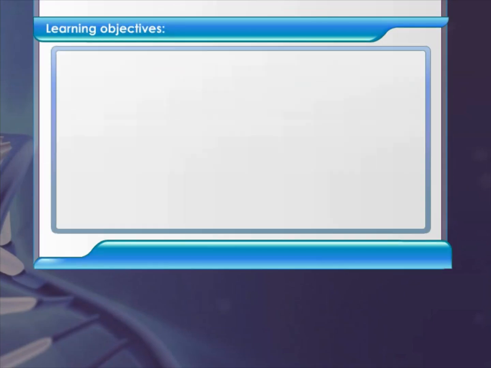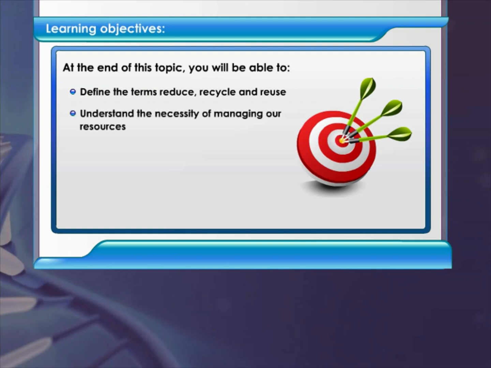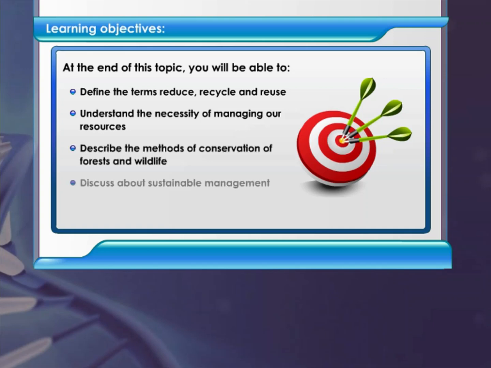Learning objectives. Let me begin my chapter on management of natural resources. At the end of this topic, you will be able to define the terms reduce, recycle, and reuse, understand the necessity of managing our resources, describe the methods of conservation of forests and wildlife, discuss sustainable management, explain the